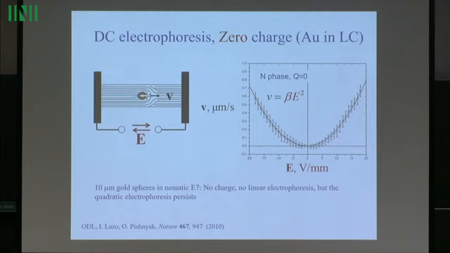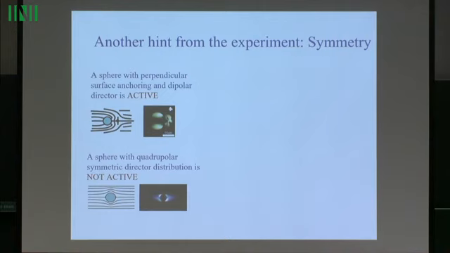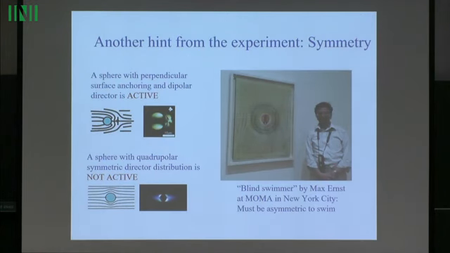If you do the experiment with particles that prefer tangential alignment at their surfaces like these particles, then even by symmetry you would realize that left and right are the same thing. So there should be no reason for the particle to understand which way to move. And indeed, when you apply an electric field to such a configuration, you would see no motion. So in order to swim, the swimmer should have some